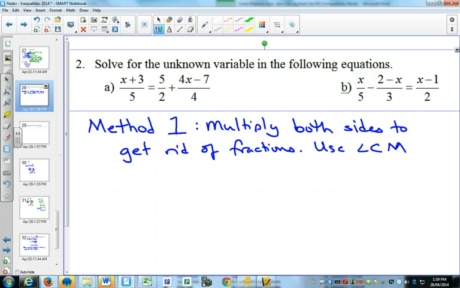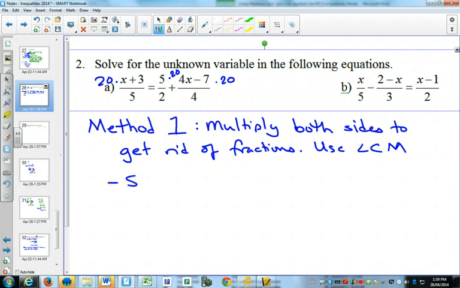For this one, it's going to be 20. So I'm going to multiply both sides by 20. When I multiply this side by 20, it's just 20 times that. And when I multiply this whole side by 20, it gets distributed, so this term gets multiplied by 20, and this term gets multiplied by 20. You're just multiplying all the top, whatever it is. So you multiply both sides to get rid of the fractions, using the lowest common multiple,